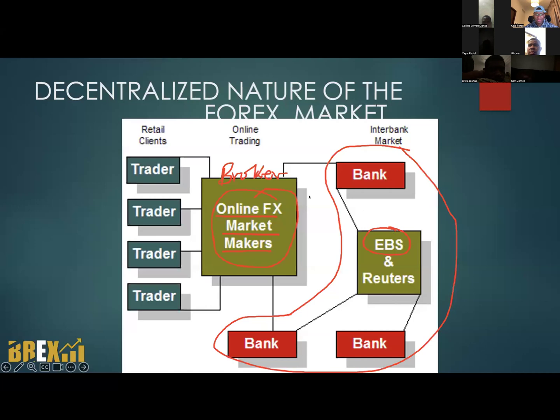until financial innovation technology came around. Then you have the platforms like the online market makers, which are the brokers, the middlemen here, right? They said, look, you guys have something amazing going on. We want to get in on it, right? And then you tend to have